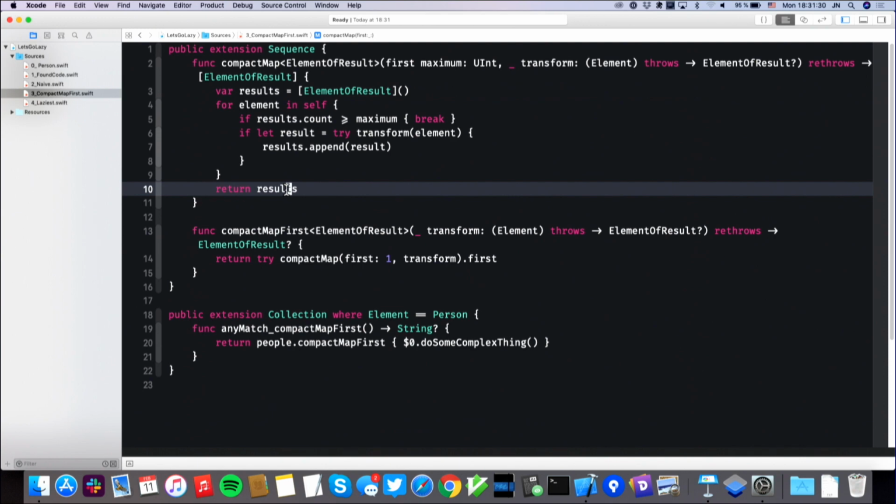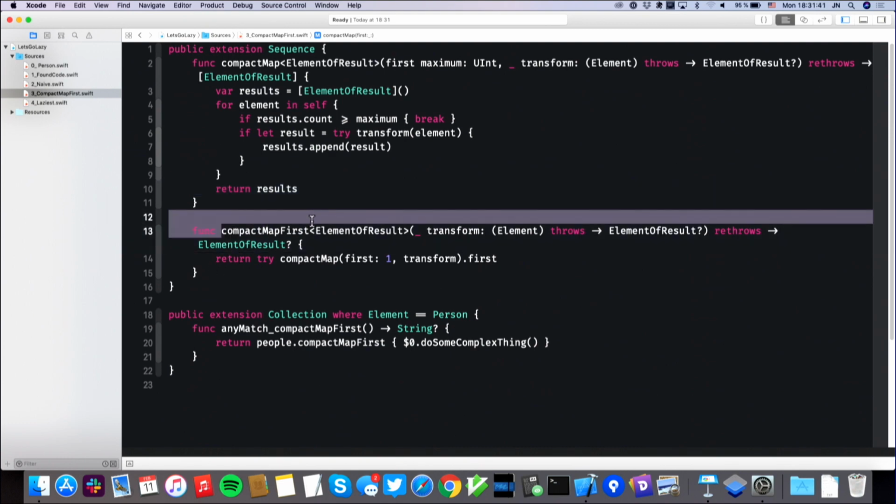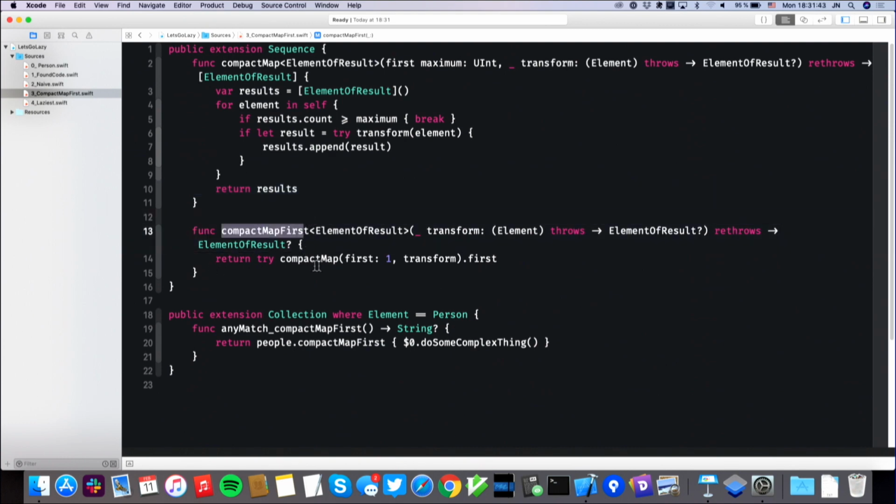So you can call this method with a number and a block, and it will execute this block until it finds that number of things. And then as sort of syntactic sugar, I added a method called compact map first, which does the same thing. Well, it calls this method with a first value of 1, and then it just returns the first item off the end of the array. And so this also achieves the same result, in that it goes through this transformation on this mapping that you pass into it, and the first time anything is non-nil, it returns that one value, and it skips all the other times. And I thought this was kind of neat,